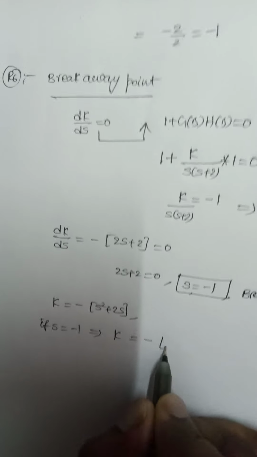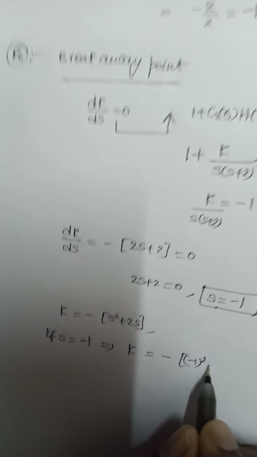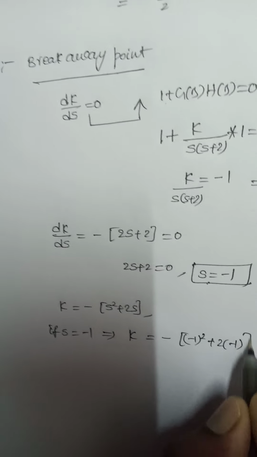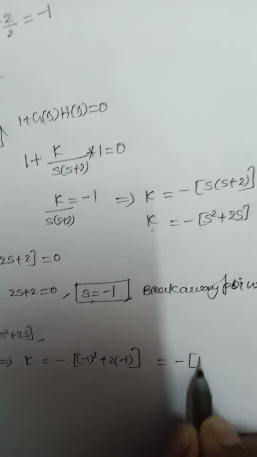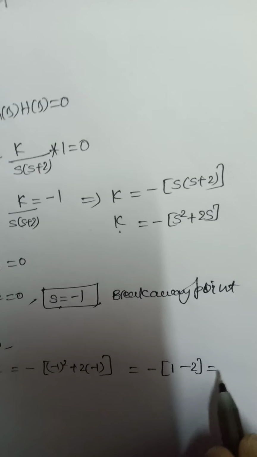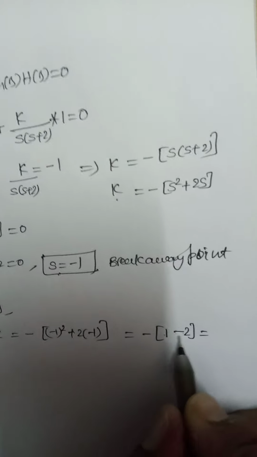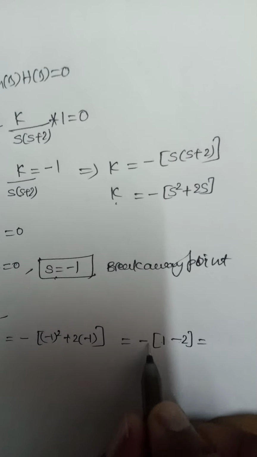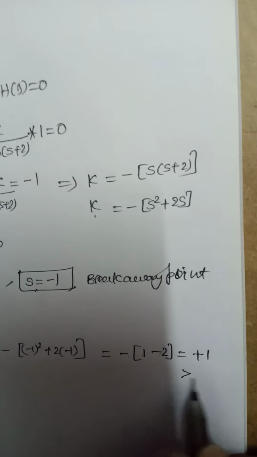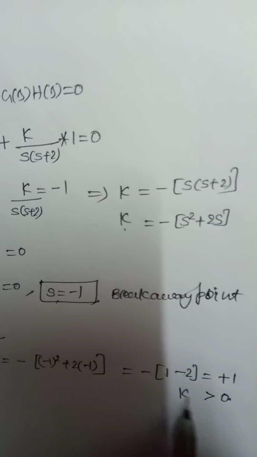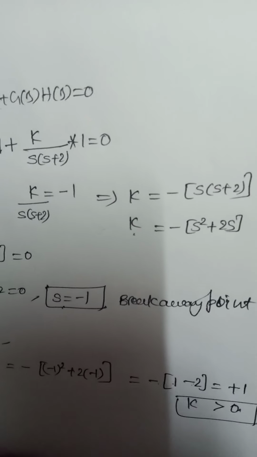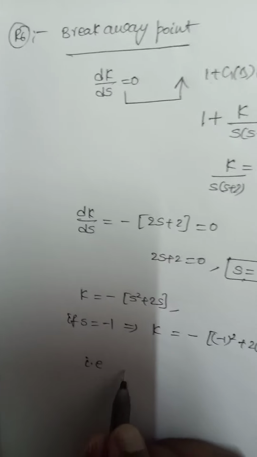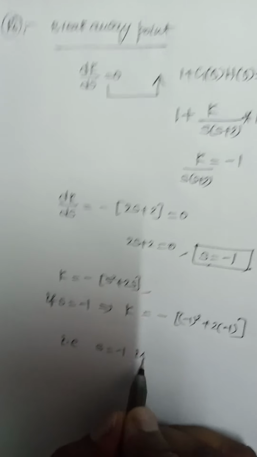K is equal to minus of ((minus 1) whole square plus 2 into minus 1). So this is equal to minus of (1 minus 2), that is minus of minus 1, which is plus 1, which is greater than 0. So the K value is greater than 0. That means S is equal to minus 1 is a